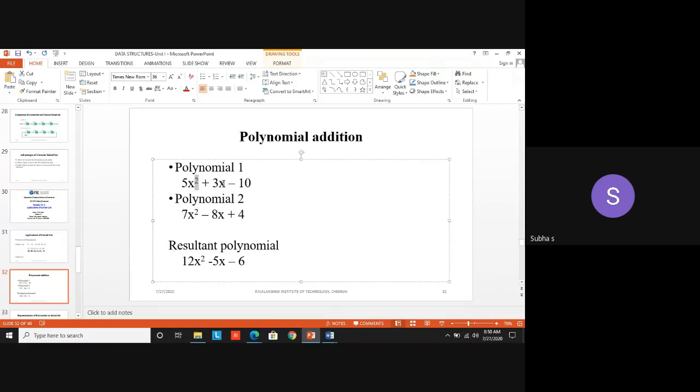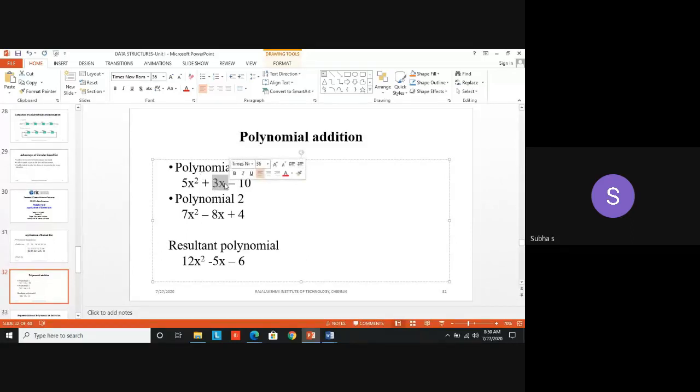We can look at a different thing also. Here both the powers are equal. So what can I do? Add the coefficients. The coefficient here is 5 and here the coefficient is 7, so I am getting 12x square. Now move to the next one. It means move to the next pointer in the linked list. I will explain. First, let's see how the addition is going on.